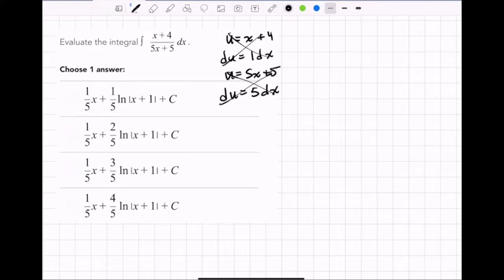So what you're going to do is manipulation. You're going to manipulate the integrand, what's inside of our integral. And in this case, we're going to use long division. What? Long division? Now, let me recap